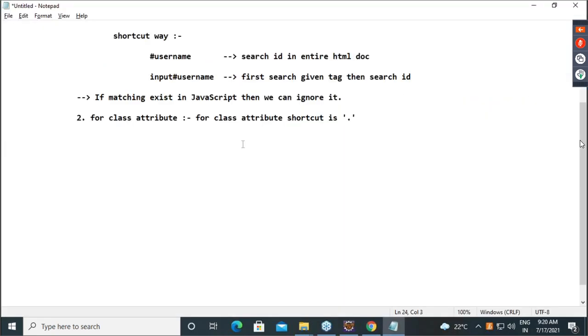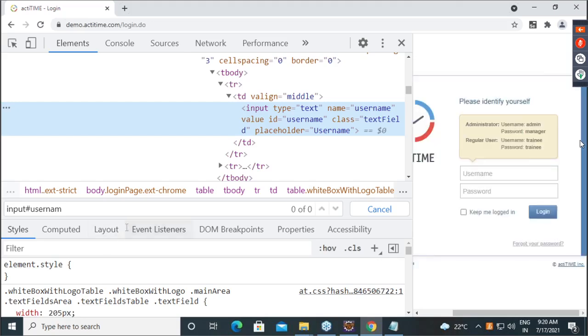Okay. So what is our traditional way? Square bracket, class equal to text field. Okay. So if we give this,